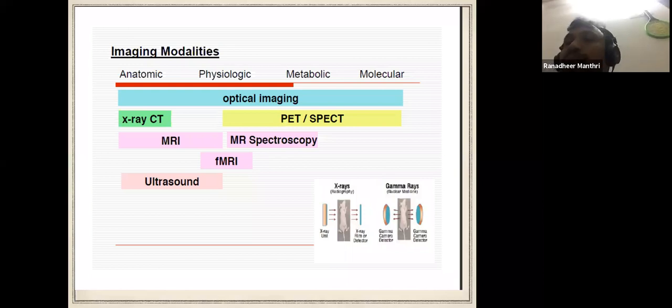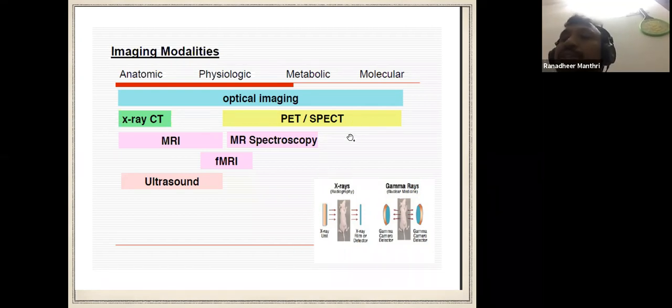What is the difference between X-ray and gamma ray imaging? In X-ray, the machine is the source of the radiation, because it is a transmission scan; the patient or imaging object is not the source of radiation. The X-ray unit emits X-rays and they are transmitted. We see where it is transmitted and where it is not, as dense particles will not transmit. In gamma imaging, the patient is the source of radiation and emits radiation, which is detected on detectors. This is called gamma imaging. So this is the difference between a transmission scan and an emission scan.